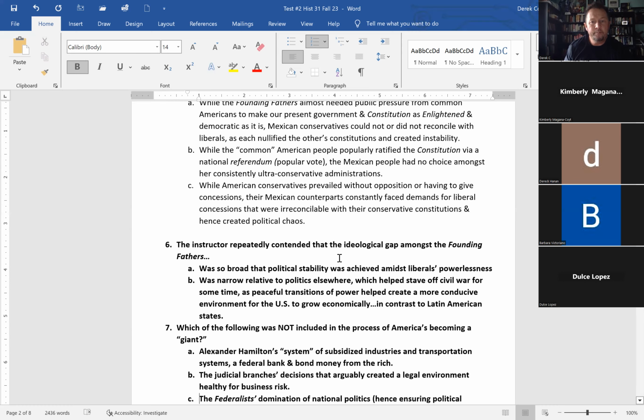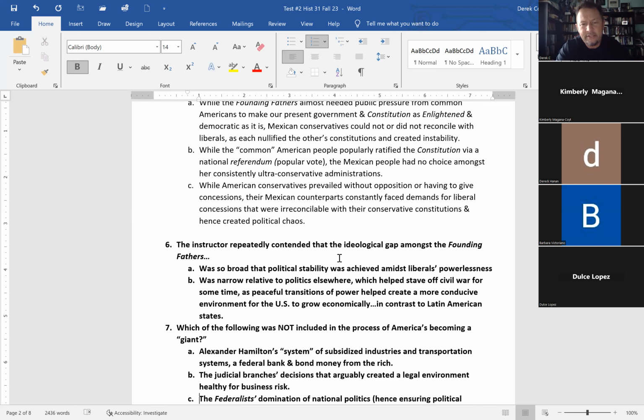All right. So the ideological gap between the founding fathers, I made it very clear. I thought relatively that it was narrow. Remember? And really, in a sense, I'm giving you number 5 right now as well, is that the gap, I think, was relatively narrow. I made the argument those on the left were not that far on the left of the spectrum. Those far on the right were not that far on the right of the spectrum in America. And I say that